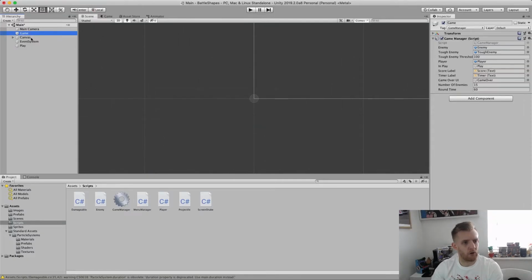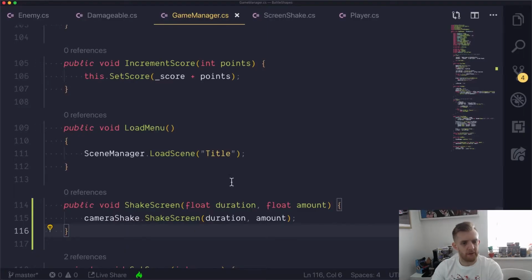And obviously, to make that work on our game, when that recompiles, we'll see that pops in there. So if we drag our camera across, as we saw before, it's clever enough to realise that the screen shake component we want is on the camera, and it'll set that for us automatically. So with that in place, anywhere that has a reference to game manager can call shake screen for different things. So in our damageable,